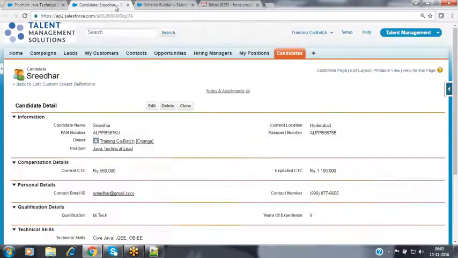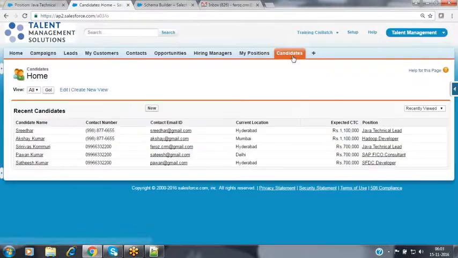inside this candidate object, I'm creating one child record. Position and candidate both have a lookup association right now. So I'm creating a child record. In the lookup association, while creating the child record, selecting the parent is not a mandatory field. It's optional. You may select the parent, you may not. It's up to you. So based on that scenario, I'm creating a new child record.